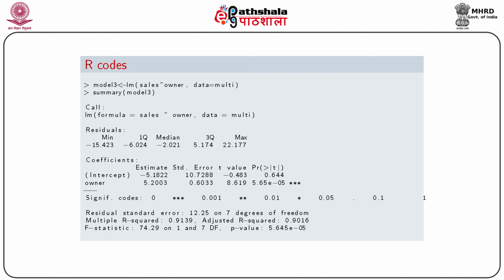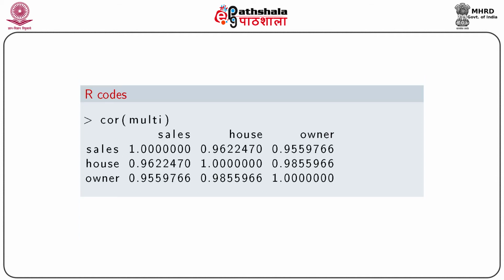At level of significance 0.05, we can see that the p-value tells us this owner explanatory variable is also statistically significant. Now since we have got results from the fit of these three models which we have discussed above, since the results tell us that the statistical significance of the two explanatory variables change when taken together as from the time when they were taken separately, we want to look at the correlation between the variables, dependent variable as well as the explanatory variables.